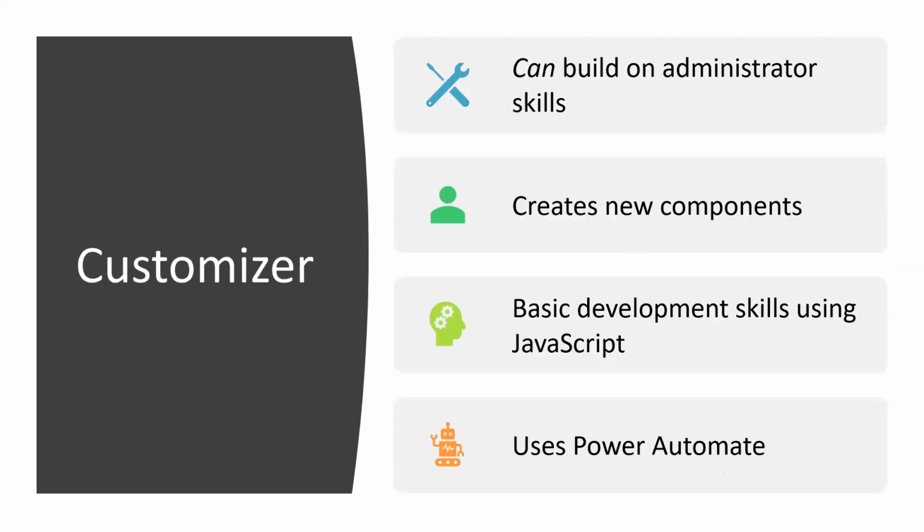So a customizer is, in a lot of cases, an administrator. They kind of go hand in hand. You can build on the administrator skills. It depends on your organization and the number of people you have to do any specific job. But basically, you can start off as administrator, then you need to create entities or fields or whatever. You need to add JavaScript or business rules to facilitate something. You create Power Automate flows to actually do work, whatever it might be. You are at the customizer level of that stuff.